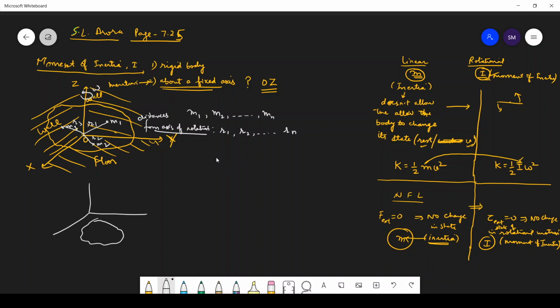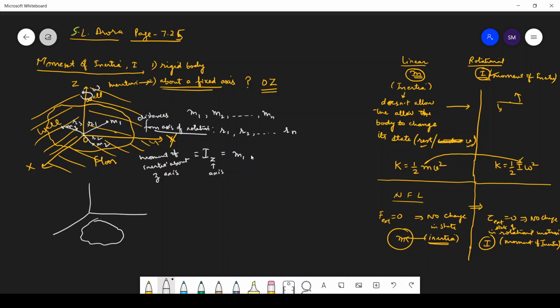Now the moment of inertia of the body, you can write the axis here also along the z-axis. This is also one of the ways of writing it. So you write here the axis of rotation. So moment of inertia, about how will you read it? Moment of inertia about z-axis. This is how you are going to read it. So that's equals to